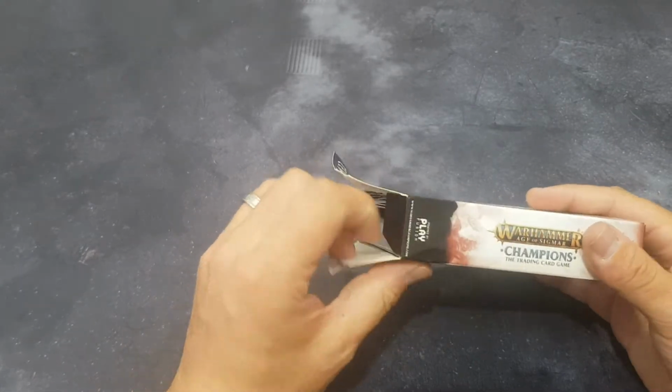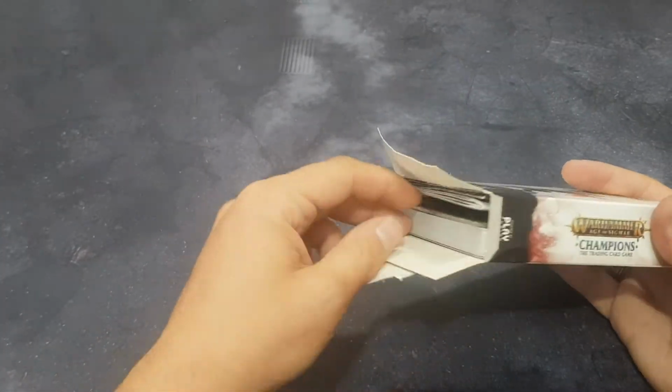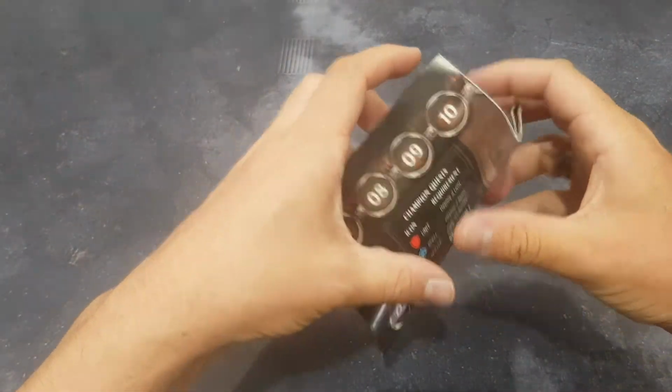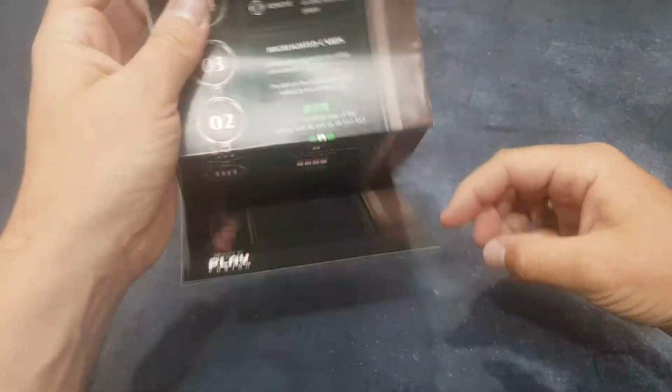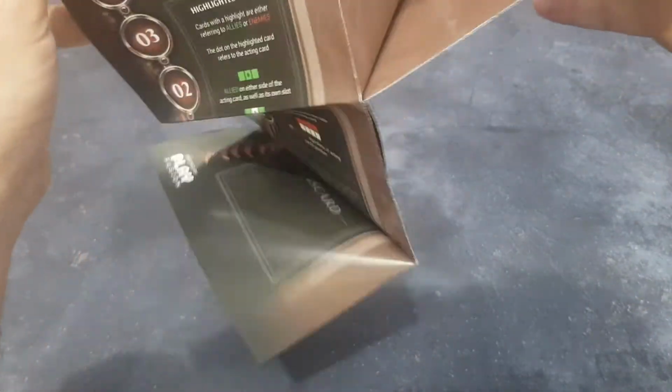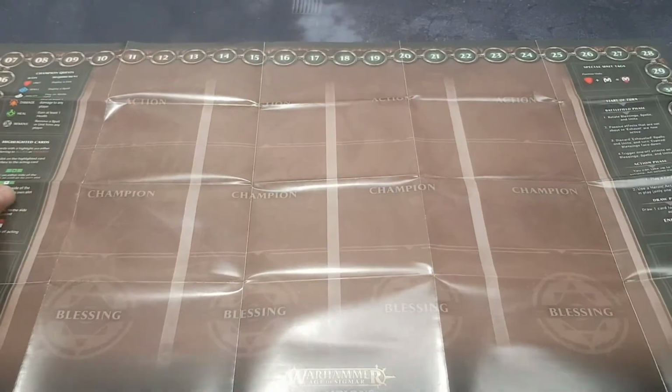So just get straight into the unboxing on this. Won't go into as much detail on this one as I did in the destruction deck. So if you wanted to learn a little bit about the game, bear in mind I've still not played yet, as we've only just got them today, but I went into a little bit more detail on the destruction deck. So this is the Chaos